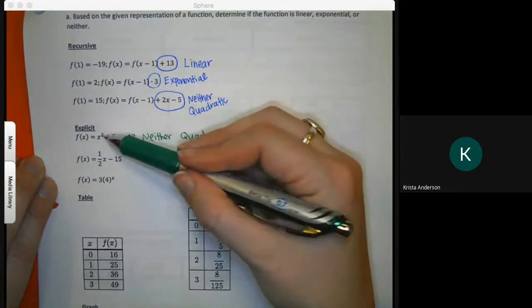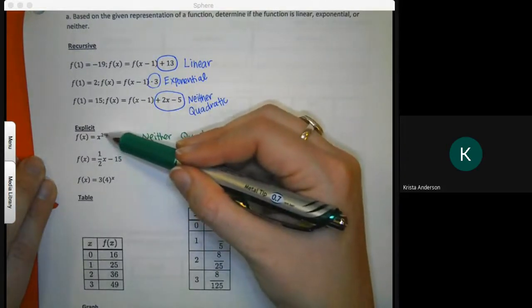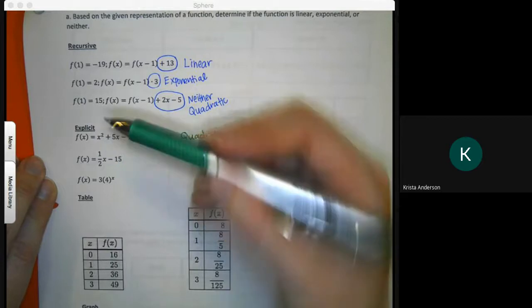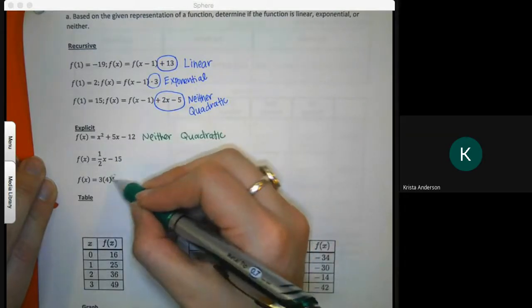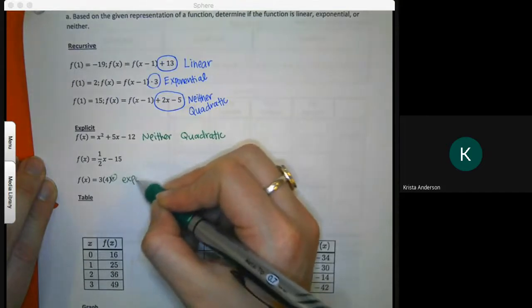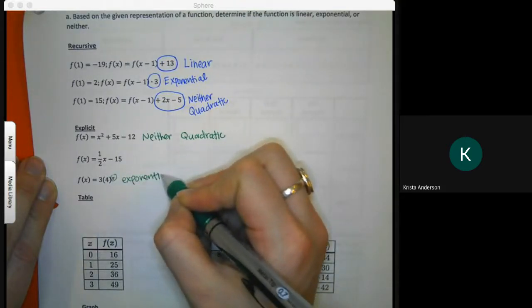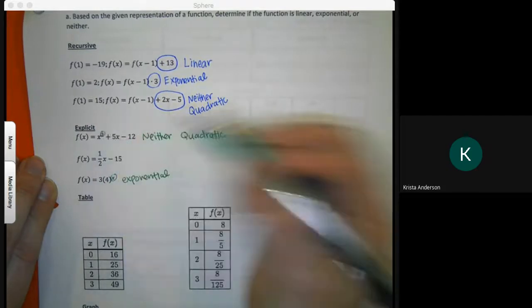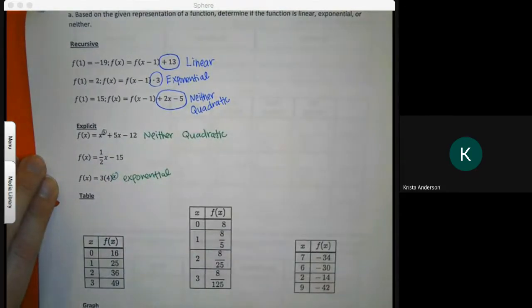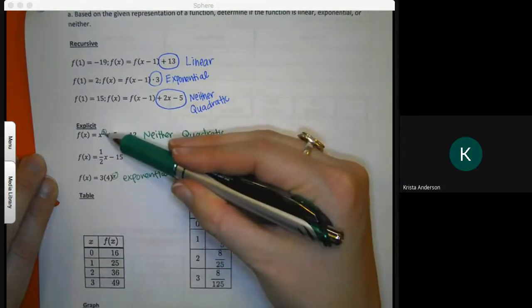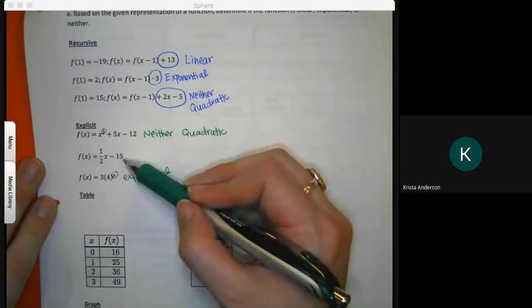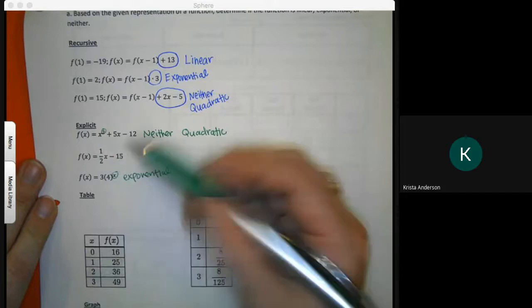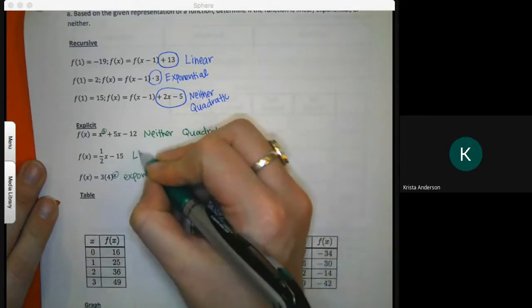In order for it to be an exponential, it has to be a variable in the power. So when I have a variable in the power, that is when it's identified as exponential. Versus, when there's a power of 2, it's a quadratic. The middle one, I have mx plus b, which would be called